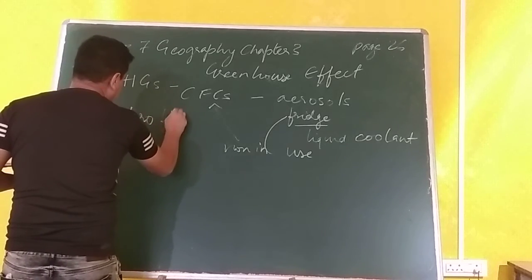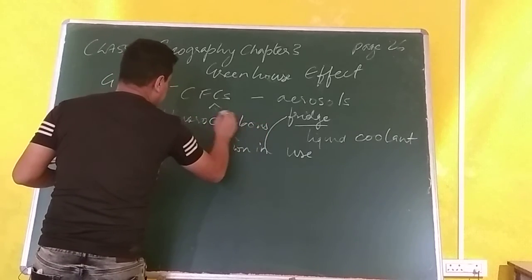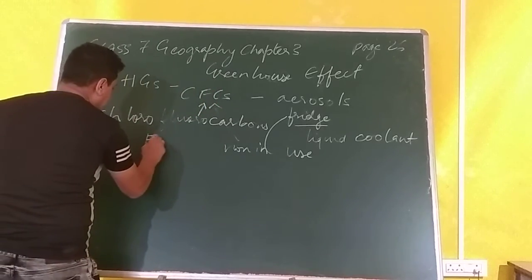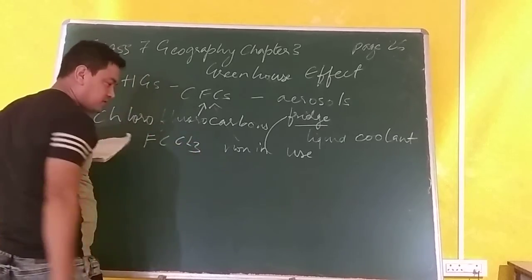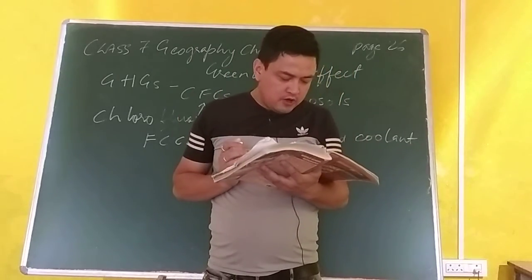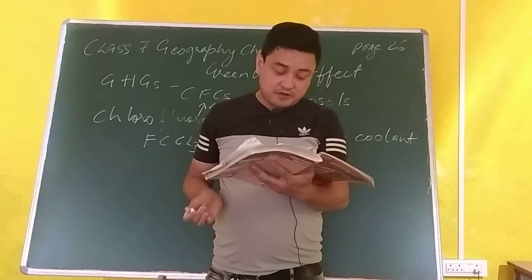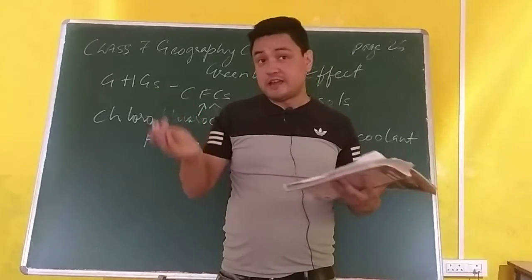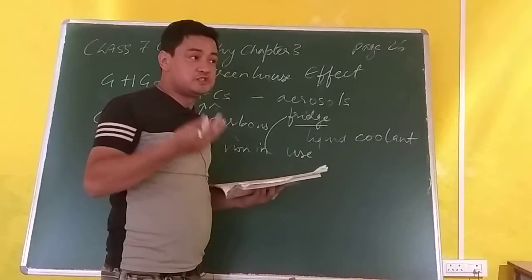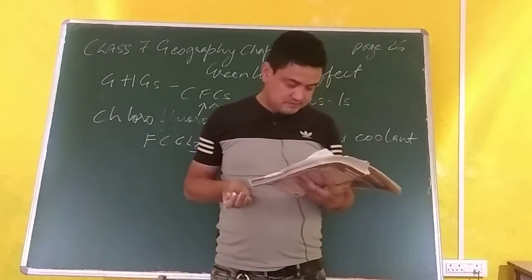Chloro, fluoro, carbons are known as CFCs. It is made of FCCl3. Now, when these machines are discarded and destroyed, the CFC gas that they contain escapes and enters the atmosphere. I have explained to you last time in the diagram, which I showed you on the board, that this CFC is the agent which eats away the oxygen atom of the ozone gas.